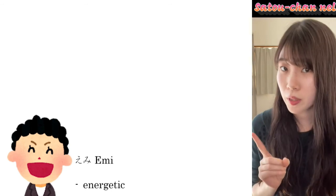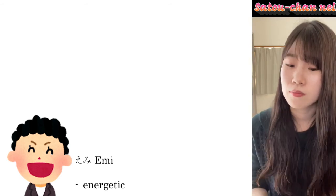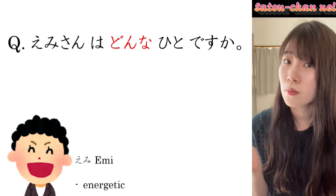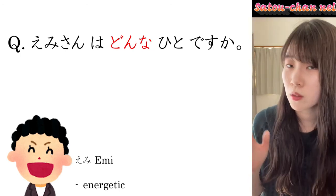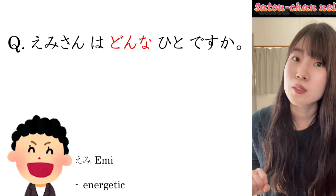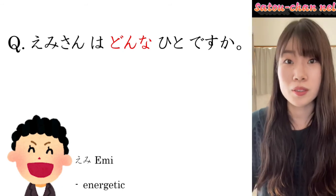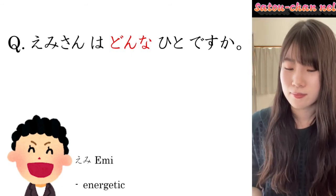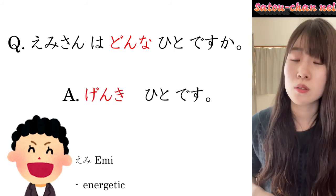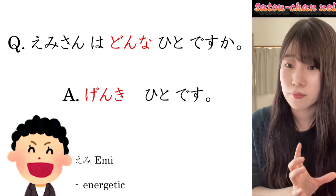Her name is Emi. Her first name, and she's energetic. The question is, エミさんはどんな人ですか。You can drop the part エミさん because it's clear that we are talking about her. So, what kind of person? She's energetic. How do you say energetic? エミさんは元気, energetic, 人, person. She's an energetic person. 元気人です。